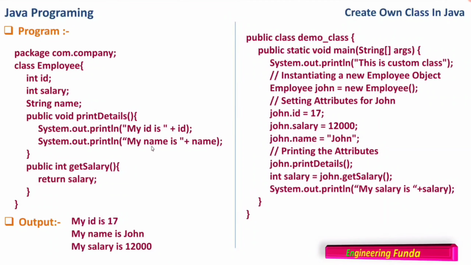When we are calling those methods inside the class, it will access only the values associated with the object. In the same way, when we are calling a method which is returning something, in that case also it will return the values associated with the object only. So I hope this is very clear, my dear friends, how you can create your own class and use them.